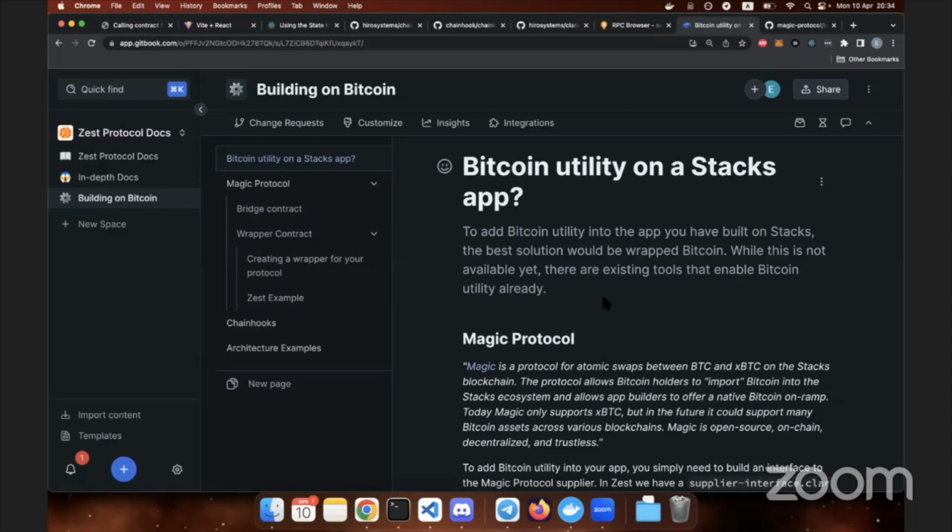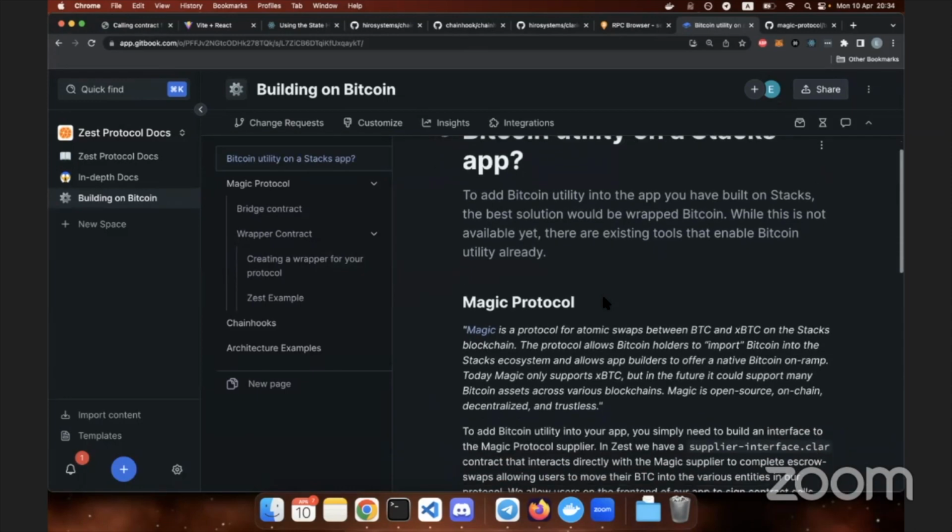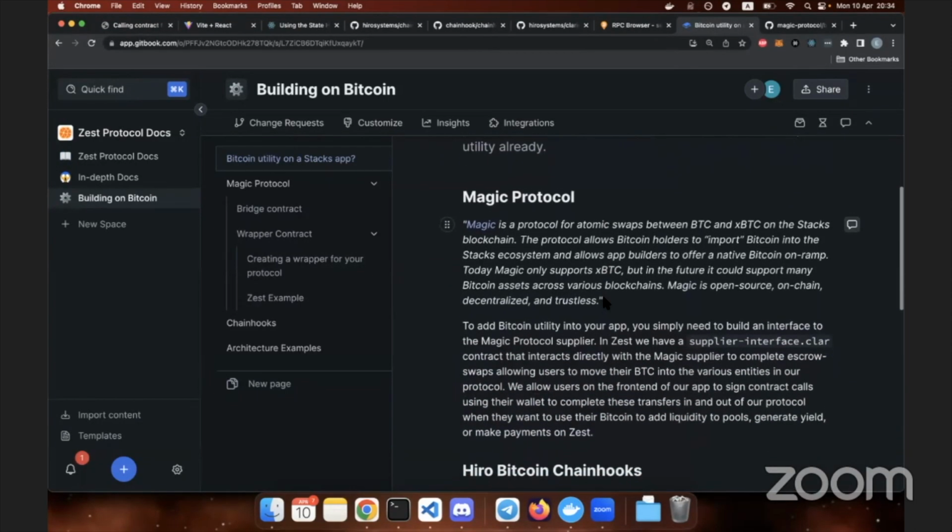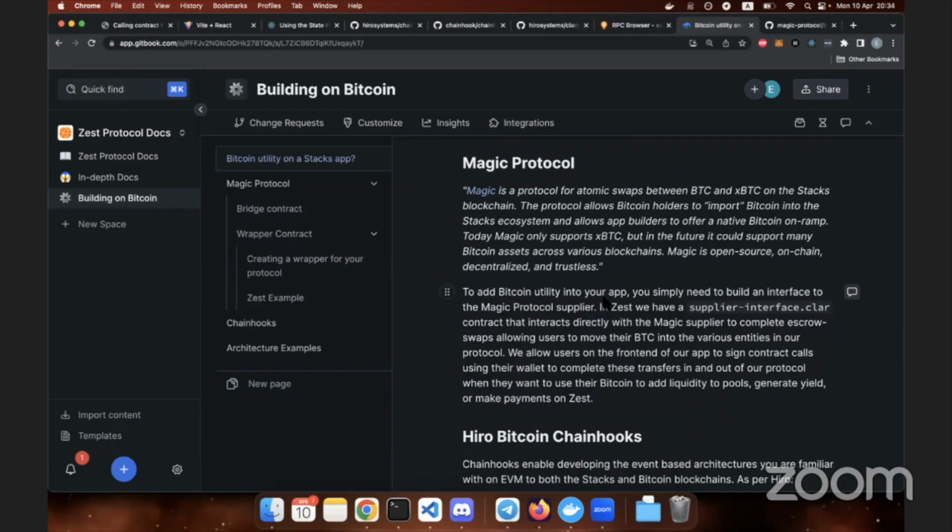And at the moment, personally, it's the only way that I would build Bitcoin apps, because it will be very easily translatable into SBTC. And so you'll be ahead of the curve when SBTC comes out. In terms of how it works, Tycho briefly mentioned that already, so I'm not going to bore you with the details, but from a programmer's perspective, what you're really interested in is the smart contracts, how to interact with them and how to use them for your own protocol or your own product,